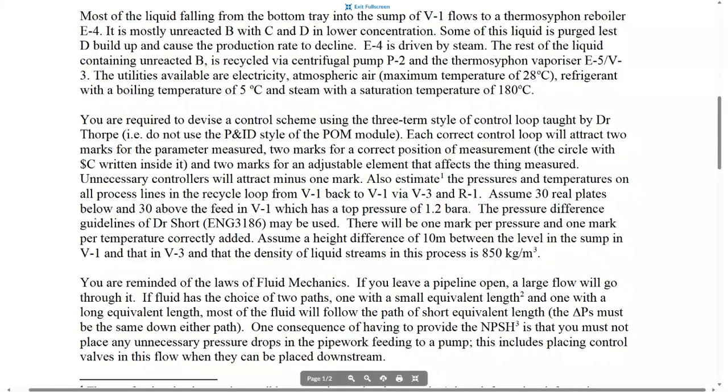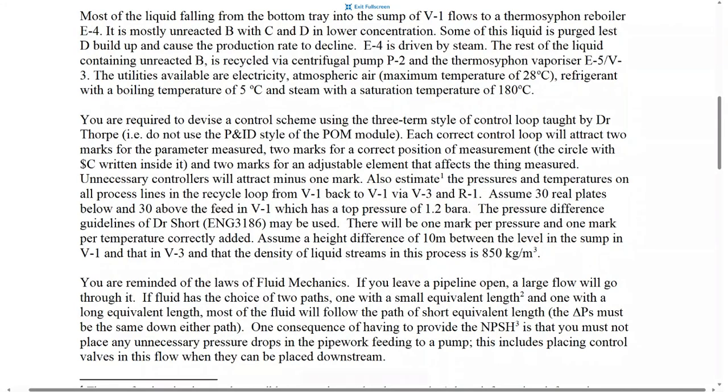Given the question, you are required to devise a control scheme using the three-term style of control loop taught by Dr. Thorpe. For example, don't use the P&ID style of the POM module. Okay, just ignore this. Each correct control loop will attract 2 marks for the parameter measured, 2 marks for correct position of measurement, in this case a circle with $C written inside it, and 2 marks for an adjustable element that affects the thing measured. However, unnecessary controllers will attract -1 mark. Okay, a critical penalty might be applied to some who didn't know how to apply these control loops, so penalty might